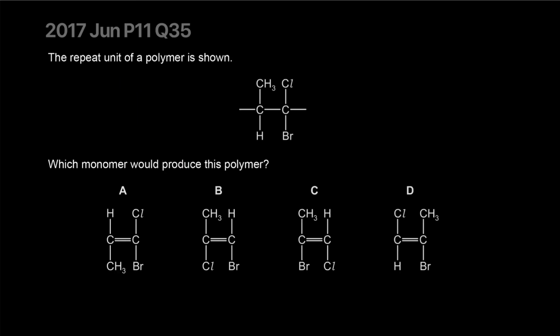The repeat unit of a polymer is shown. That's the repeat unit. Now by looking at it, it's one of those addition polymers. How do I know? I don't see any ester linkages or amide linkages. Just for revision, this is an ester linkage: an oxygen with a carbon and the double bonded O. That means an alcohol and an acid were present, and they've joined together, forming this linkage. And the other one is the amide linkage,